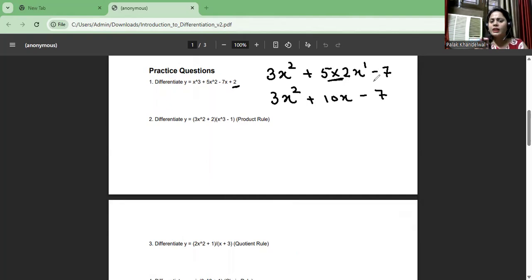Now let's try a bit more complex problem where we are going to use the product rule. Now what exactly is the product rule? If two polynomial functions are in multiplication, how do we apply differentiation here? We take the first polynomial function as u and the other as v, and we apply this formula. We keep u and calculate the derivative of v. We keep v and calculate the derivative of u. So one times the differentiation of the other, plus the second times the differentiation of the first. Let's apply it, then you will get a good idea of this.